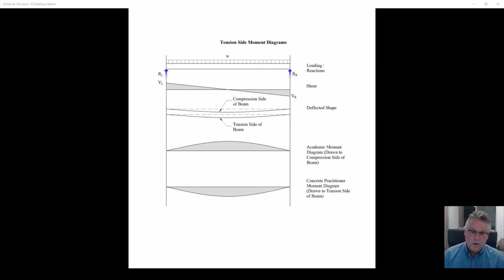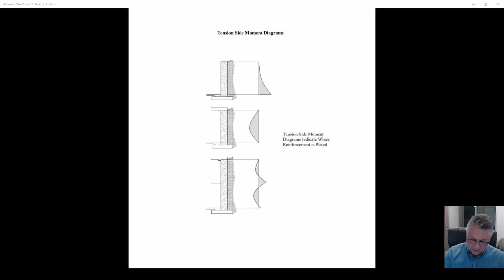And again, when we're combining loads, some of them going up, some of them going down, we're going to have multiple spans. Your project's going to have 2 spans, so you're going to have negative moment and positive moment. Loads going up, loads going down. It can be easy to get confused, but you won't get confused if you draw your moment diagram to the tension side.